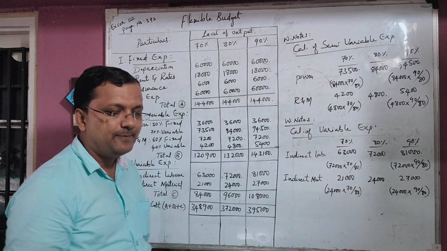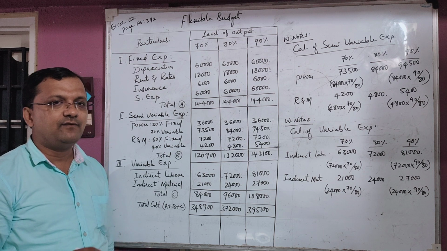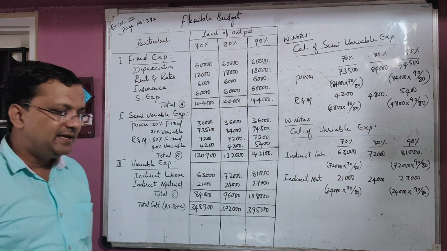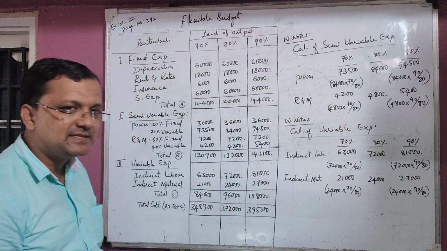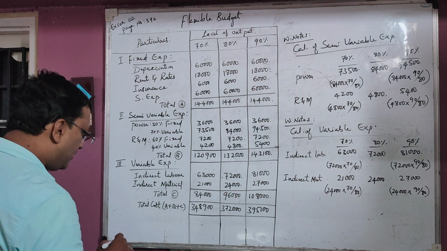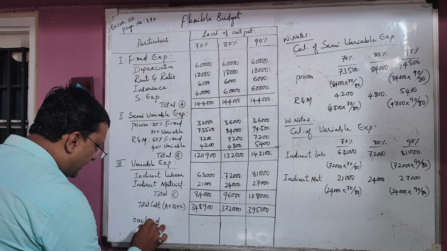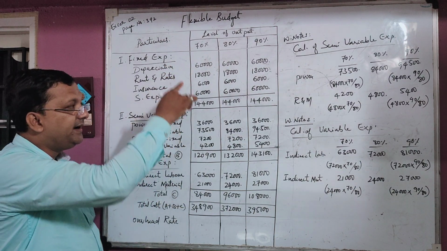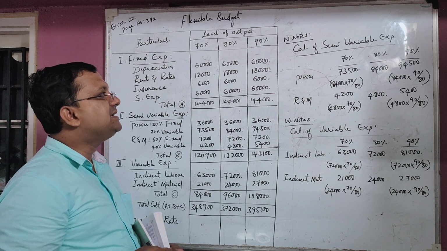If sales are given for all levels of capacity, then you need to calculate the profit. If sales is more than the cost, then profit. If cost is more than the sales, there is a loss. One more thing they have asked in the problem is calculation of overhead rates. Write down overhead rate, column-wise. For 70% it is different, for 80% it is different, for 90% also it is different.